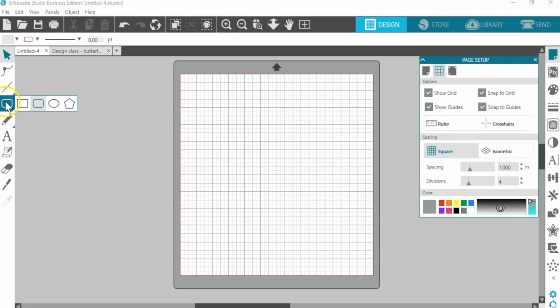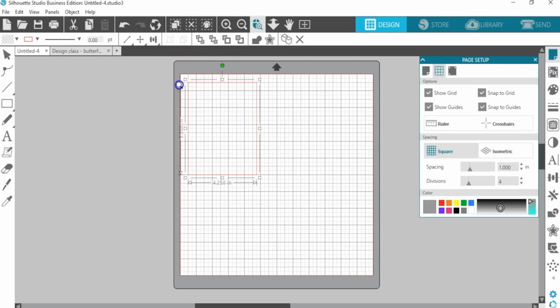Grab your rectangle tool over here with the drawing tools with the flyout. I'm going to choose Draw a Rectangle. Start at any point here on the grid and just click and drag. I'll drag out and down and watch the dimensions change as I draw. These corners will snap to the grid points. I want it to be exactly 4.25 inches wide, and I want it to be 5.5 inches high. I can see the dimensions change as I draw along the side and the bottom. Release the mouse when it's the right size, and now I've got the rectangle at exactly the dimensions I want.